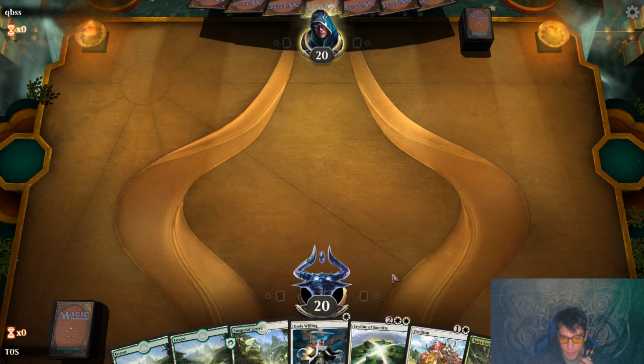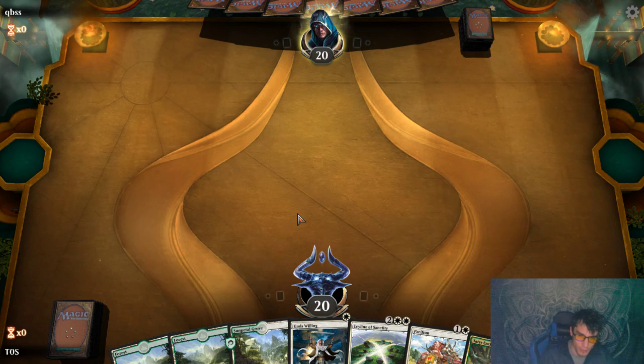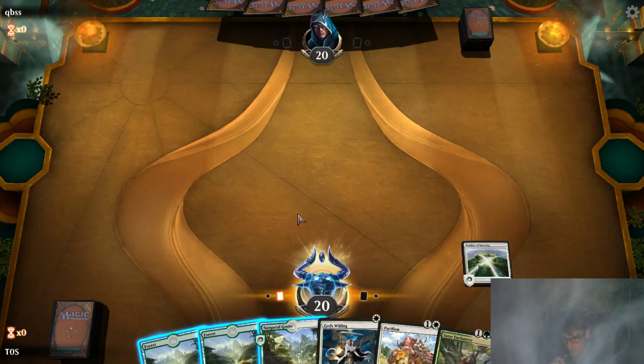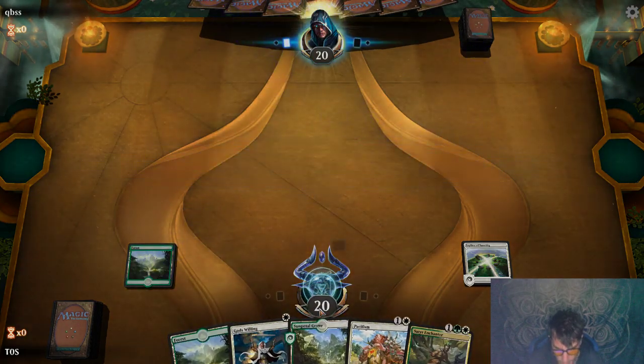Oh, we see the mulligan happen. We have Pacifism, which is what we wanted, and we have our Enchanter, which is what we need for that draw. Without the draw, this deck kind of fizzles out pretty quickly. It does hold on due to all the removal, but